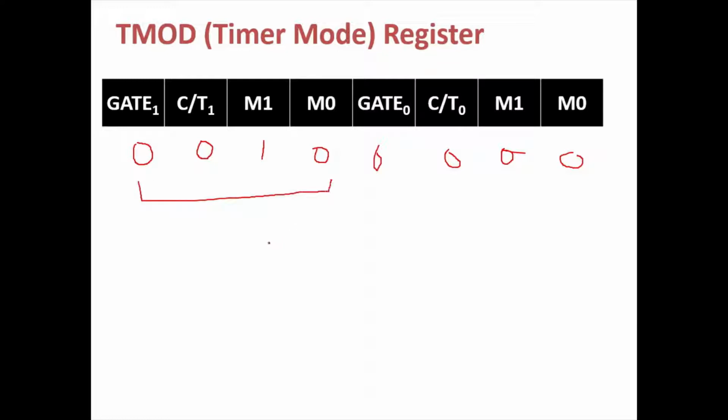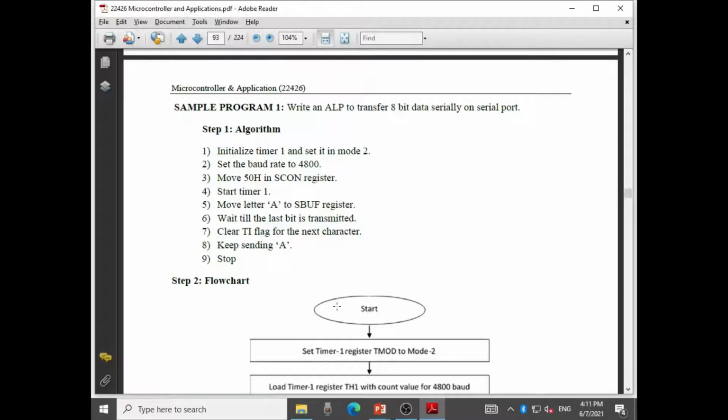So this comes to be 2 in hexadecimal, and 0000 will be 0 in hexadecimal. What does it mean? It means that when I load the value 20H in the TMOD register, timer 1 is configured in mode 2. So this is the first step, and in parallel we will start writing the program.